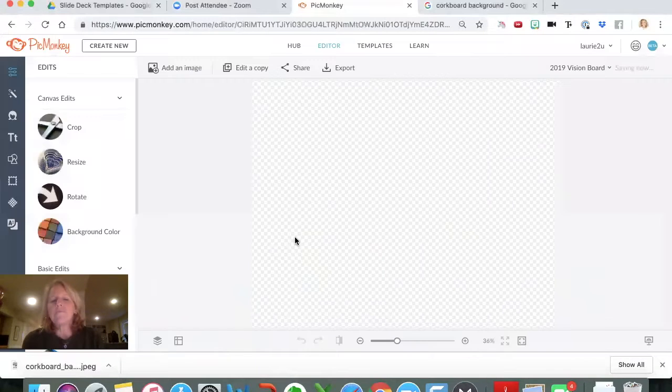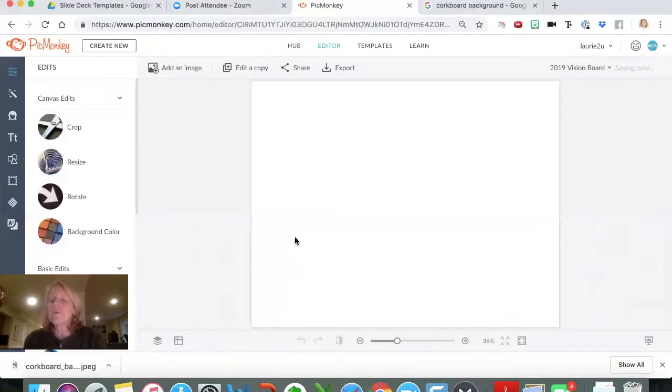That's good to keep in mind. If you do a corkboard background, just think, if you're going to be printing it out, it's going to use a lot of ink. That would be one reason I would try to avoid any kind of elaborate coloring or visual background.